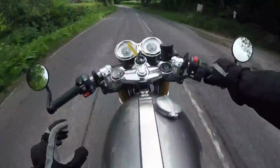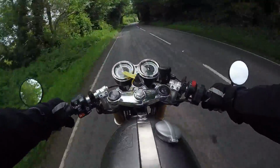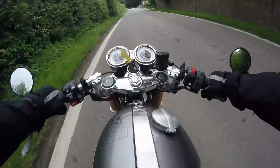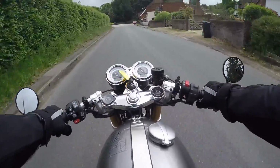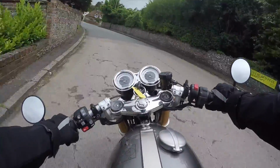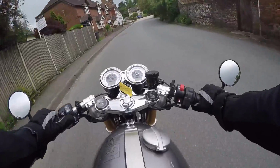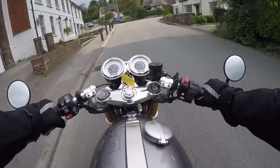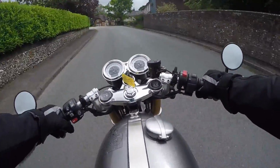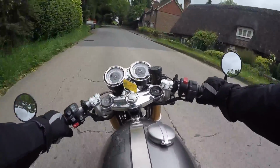This bike is versatile, I think. You could easily sit at 60 all day long down these nice A roads. You could cruise through villages in 3rd and 4th, listening to that lovely little soundtrack behind you, or you could turn the wick up and you could ride this thing. You really could. This thing handles nicely, it's got really strong brakes, suspension's firm but not too jolty, you know, it's on the plush side